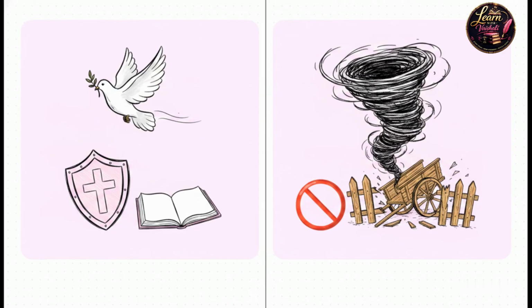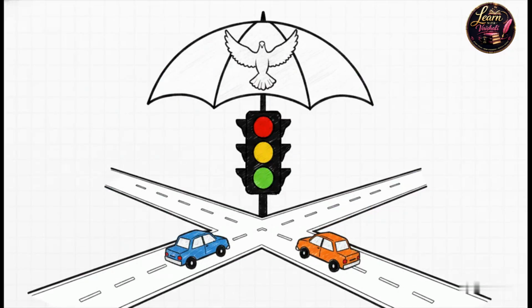License, on the other hand, is sheer recklessness. It is acting completely arbitrarily, doing whatever you want without any regard whatsoever for the rights of other people. Simply put, liberty builds a society. License destroys it. A lot of people mistakenly think that laws only exist to restrict our freedom.